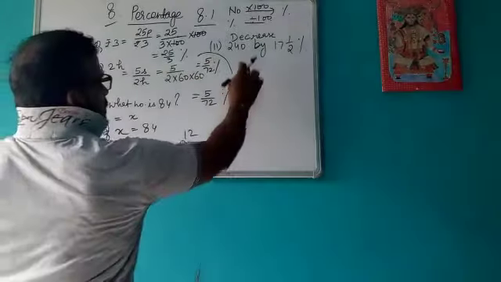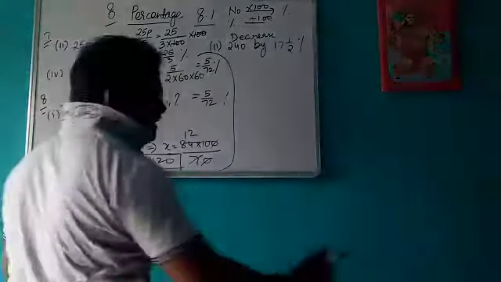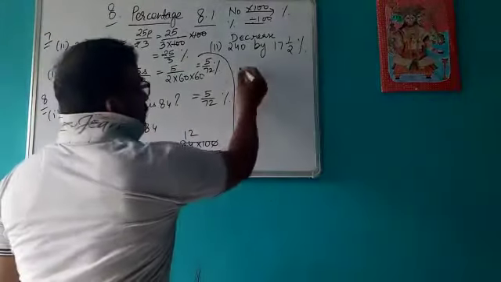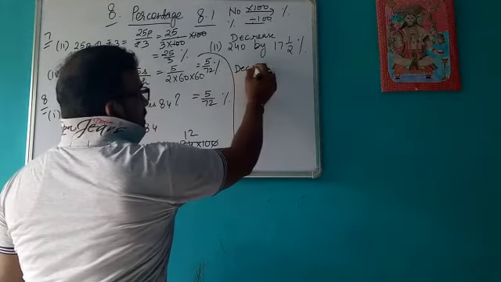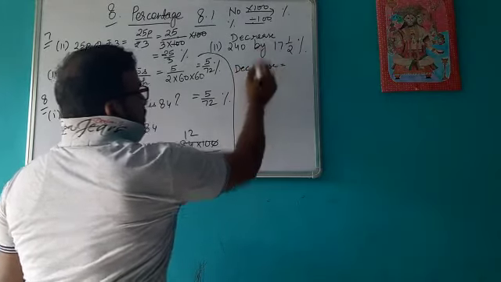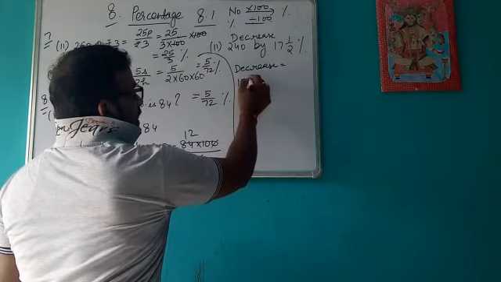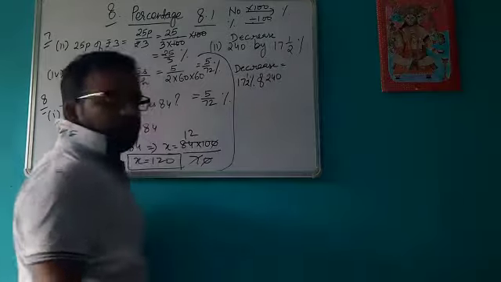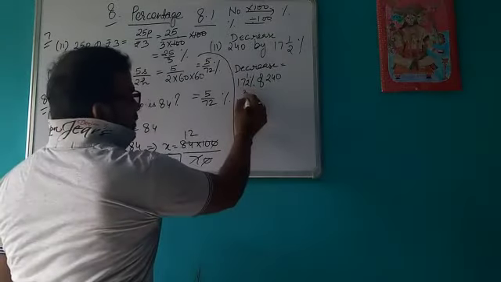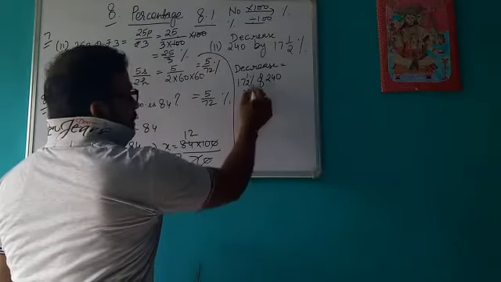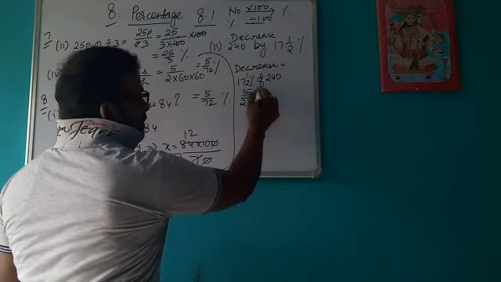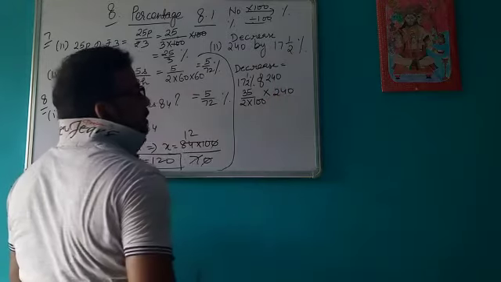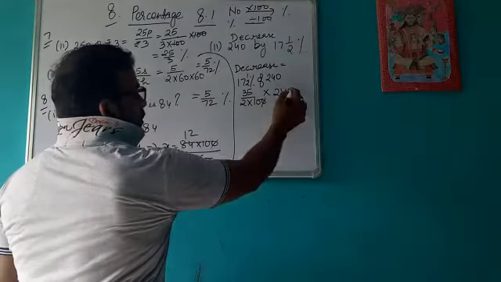Now in this question we have to decrease 240 by 17.5%. In questions like this, first we will calculate the decrease. How much is the decrease? That will be 17.5% of 240. Then it is 35 upon 2. This percent will be converted into 100, and this of is converted into multiply, and it becomes 240. So when you solve it, you will get